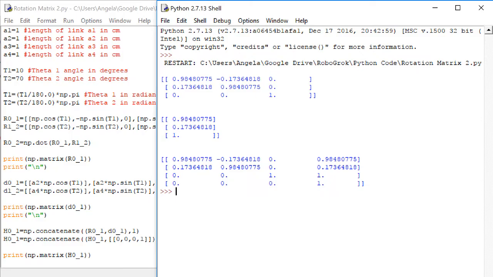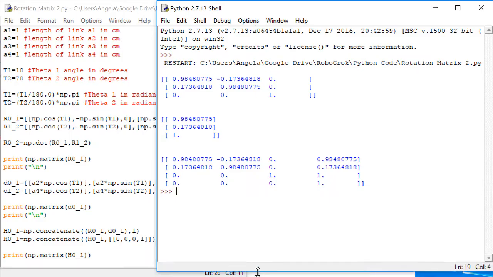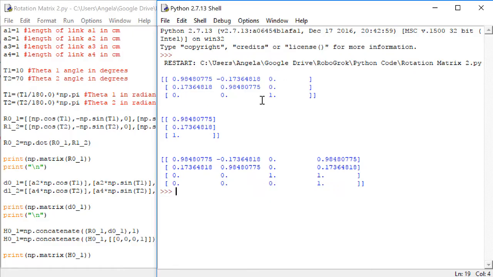Let's take a look at this output and see if it looks correct. The first thing that printed is the rotation matrix. This rotation matrix we should see in the upper left-hand corner of the homogeneous transformation matrix, and we do see it there. Also, this displacement vector here we should see in the upper right-hand corner. And there it is. Our last row should be 0, 0, 0, 1. It looks correct. Okay, let's go back to our code and let's see if we can find the position of the end effector,